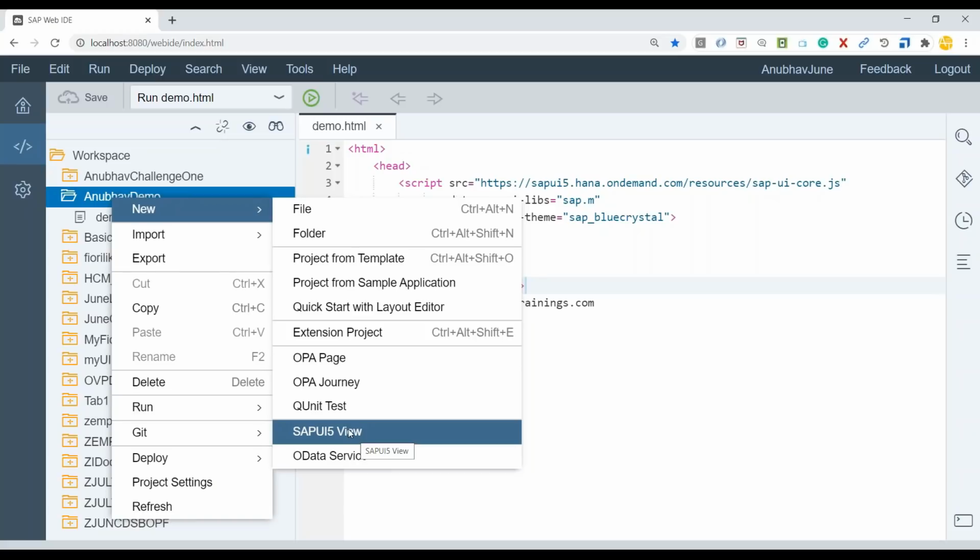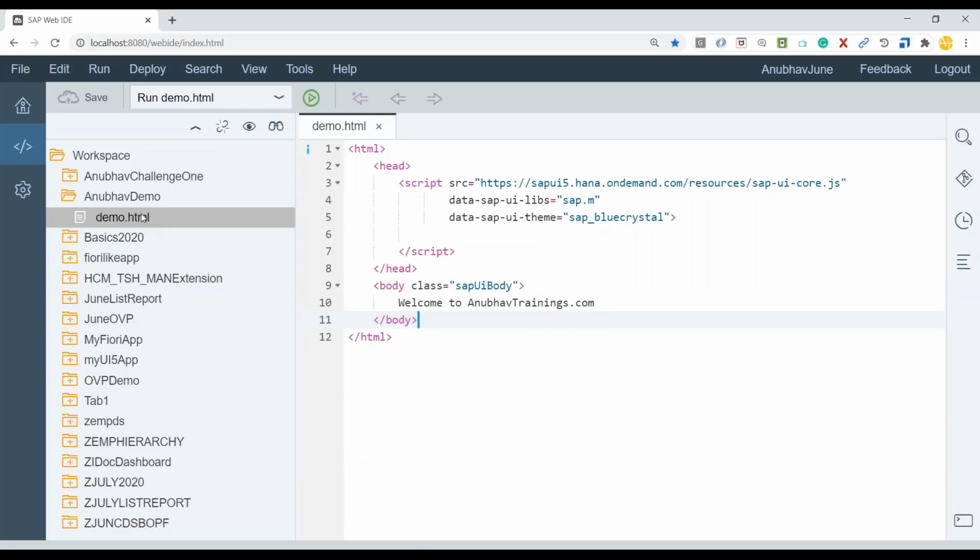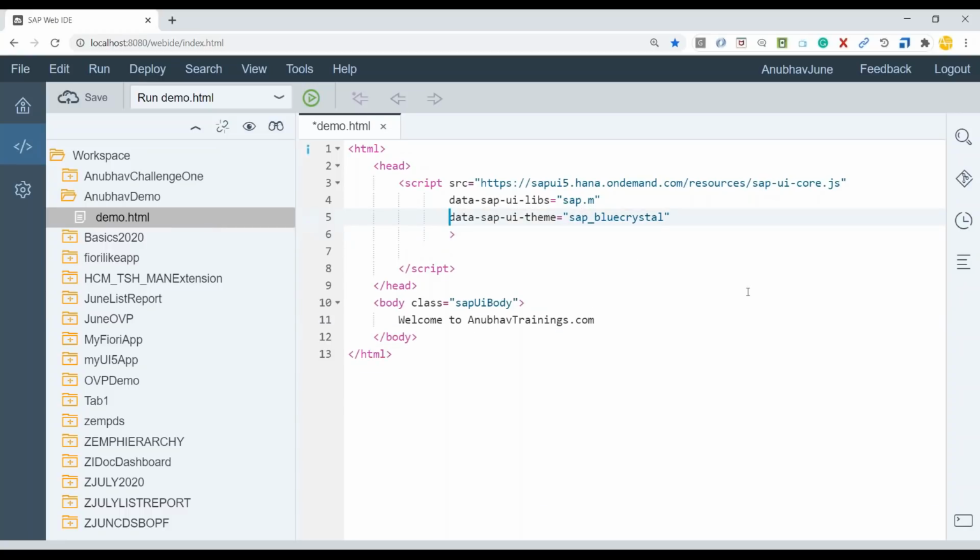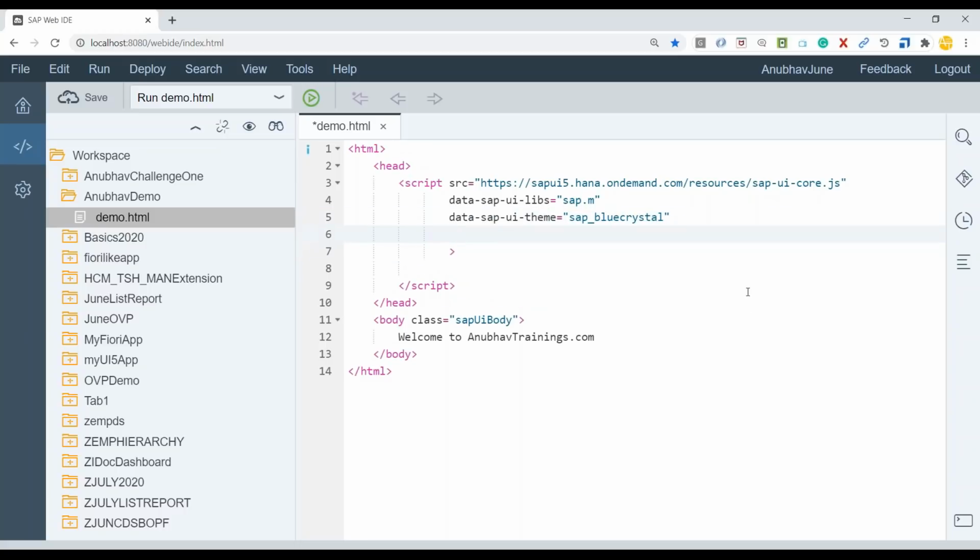Now, I would later on want to address my view. If you want to give an address to your view at a later point of time, you also have to inform SAP UI5 what will be the address of your folder. So this folder which you see, Anubhav demo, I need to give an alias name to this folder so that I can address my view accordingly, which is also known as a namespace. So that is something which we also have to give here, data SAP UI